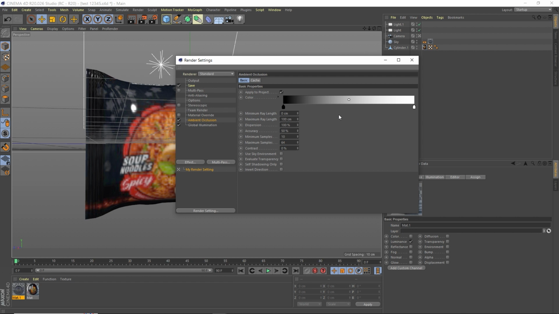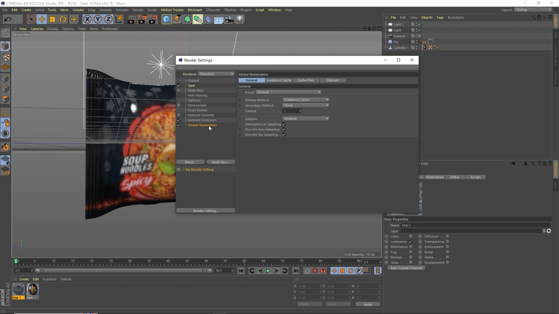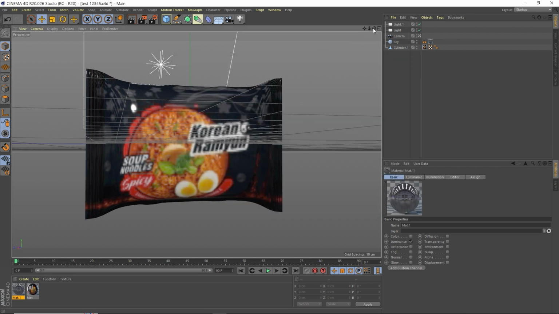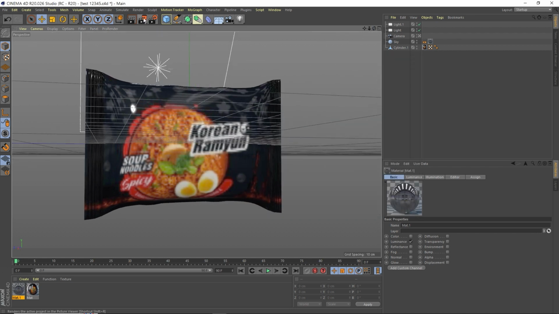You don't have to do any changes in the ambient occlusion, but you have to do some changes in the global illumination, such as putting the gamma at 1.1, as well as the samples, make the samples high so that we can get a really good render output. So at the irradiance cache there is a record density, make it low. Now do the render,